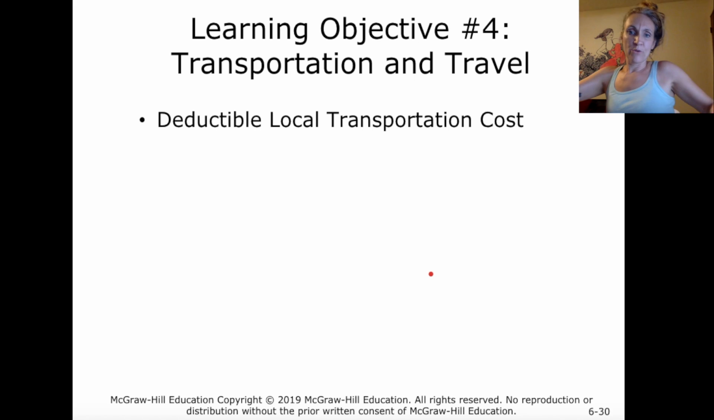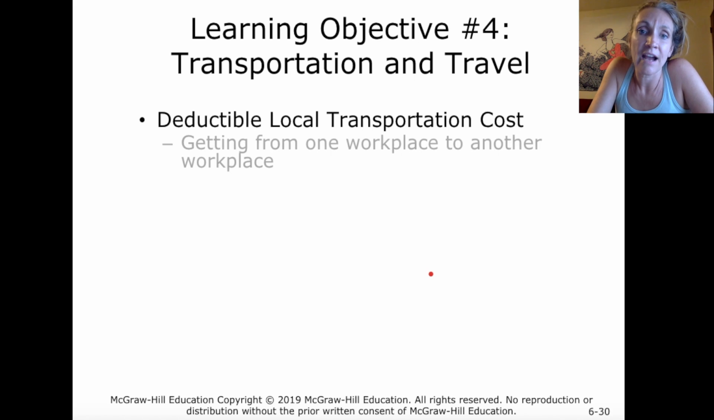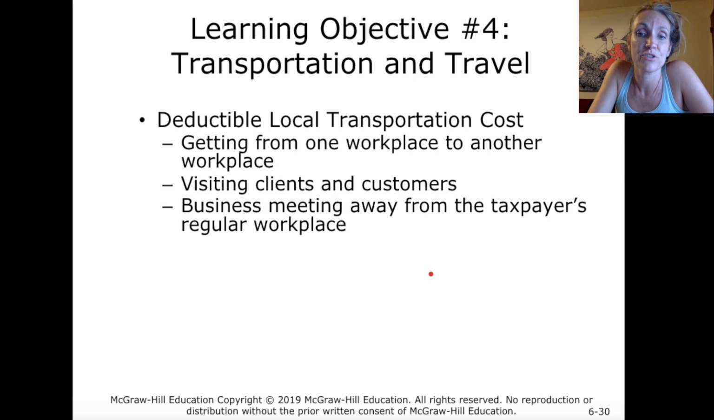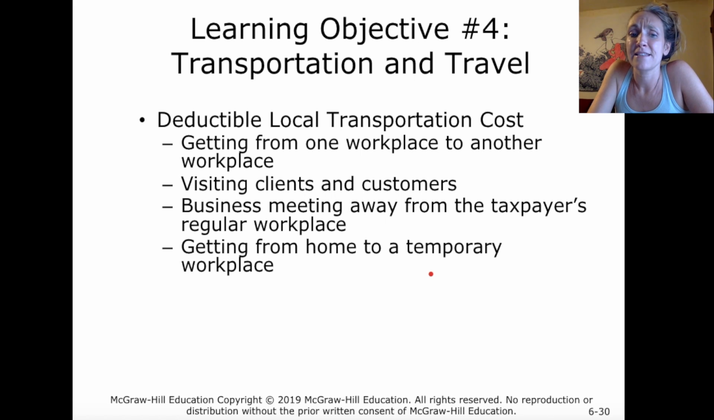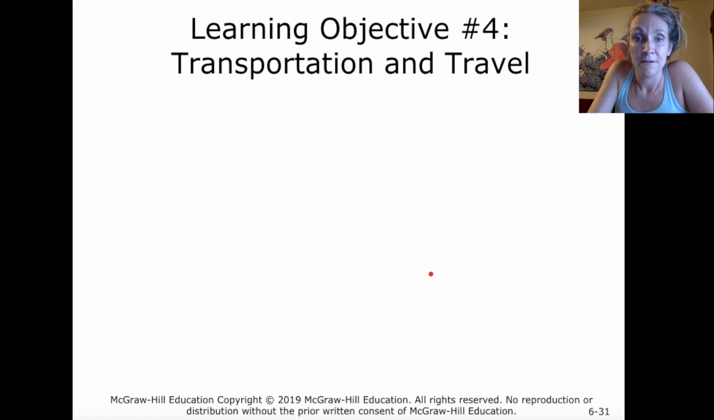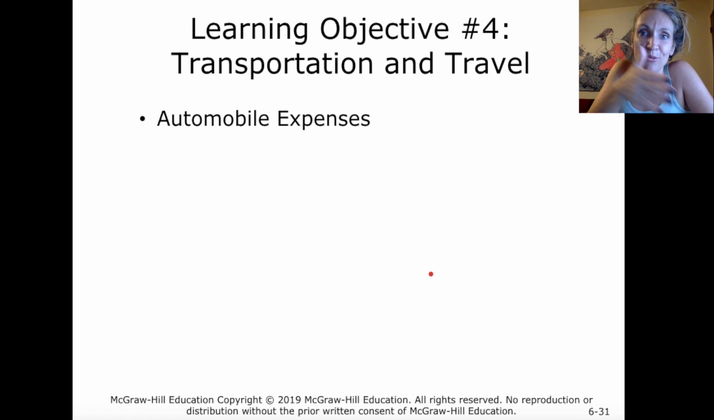So when you're traveling away from home, you can deduct essentially everything related to that: travel costs, visiting clients, customers, business meetings, taxis, getting home to a temporary workplace. Transportation between the home office and a temporary work location is deductible. Like I said, if you have a home office, then it becomes deductible because you're leaving your place of business